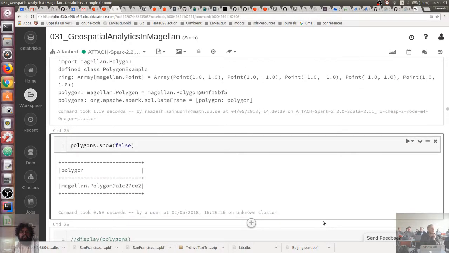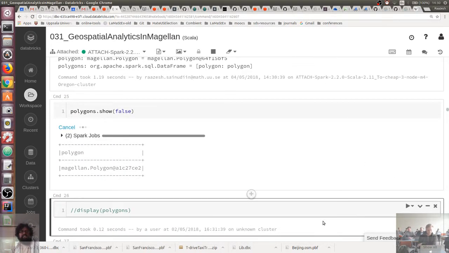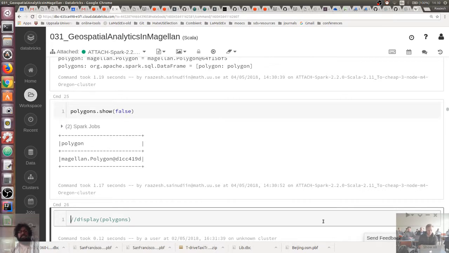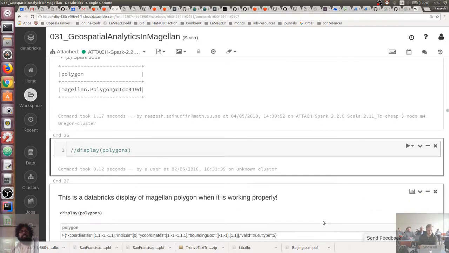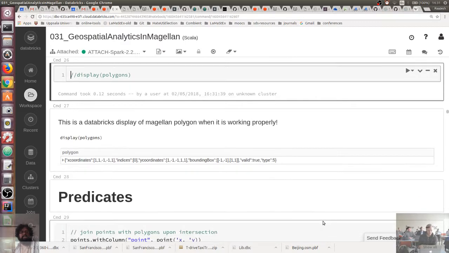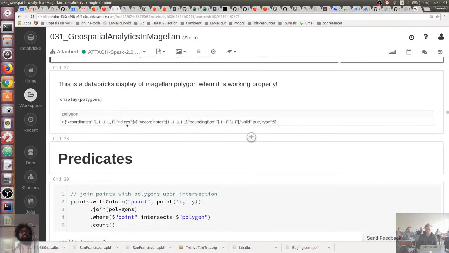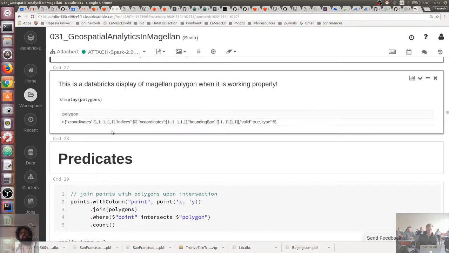Okay, and if I show false, I don't really see much because it's this weird string thing to the class or whatever the object. So display doesn't work for now, but it should look something like this when it works properly. It'll give you x coordinates, indices, y coordinates. So it'll give you x and y coordinates explicitly. It also calculates all these things automatically for you, like what is the bounding box,